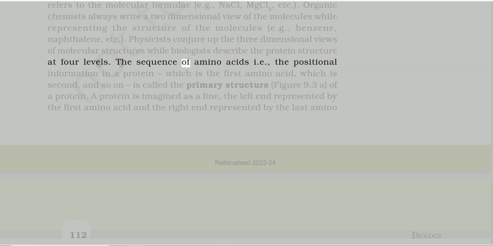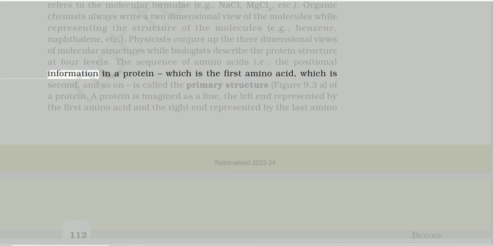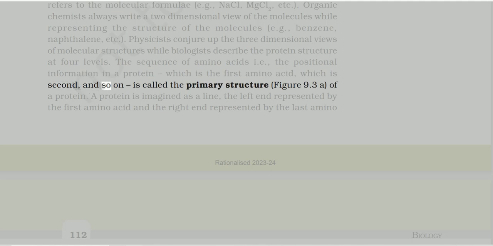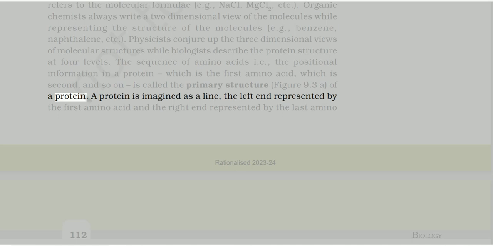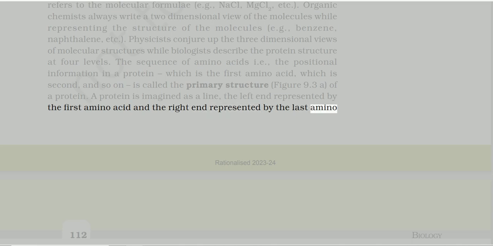The sequence of amino acids, i.e., the positional information in a protein which is the first amino acid, which is second, and so on is called the primary structure, figure 9.3a, of a protein. A protein is imagined as a line, the left end represented by the first amino acid and the right end represented by the last amino